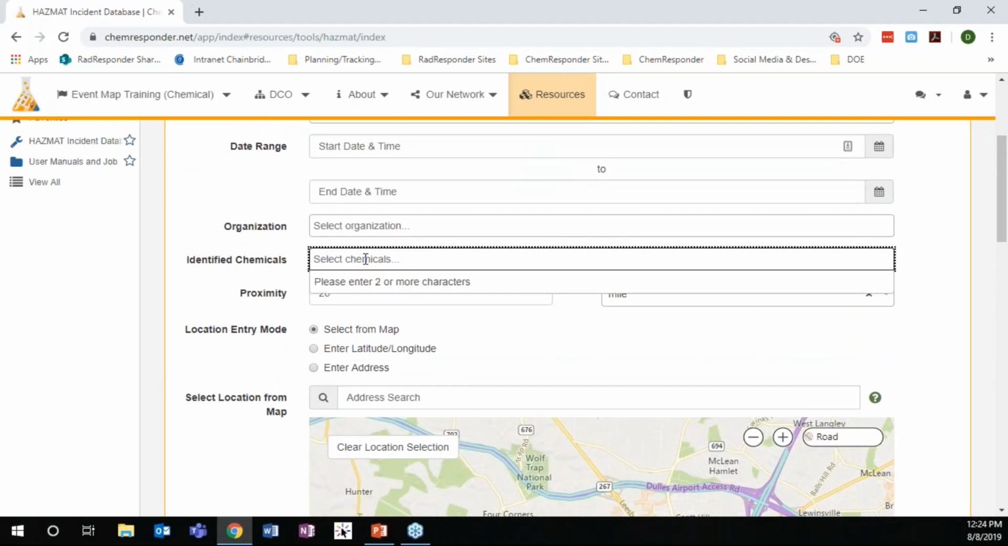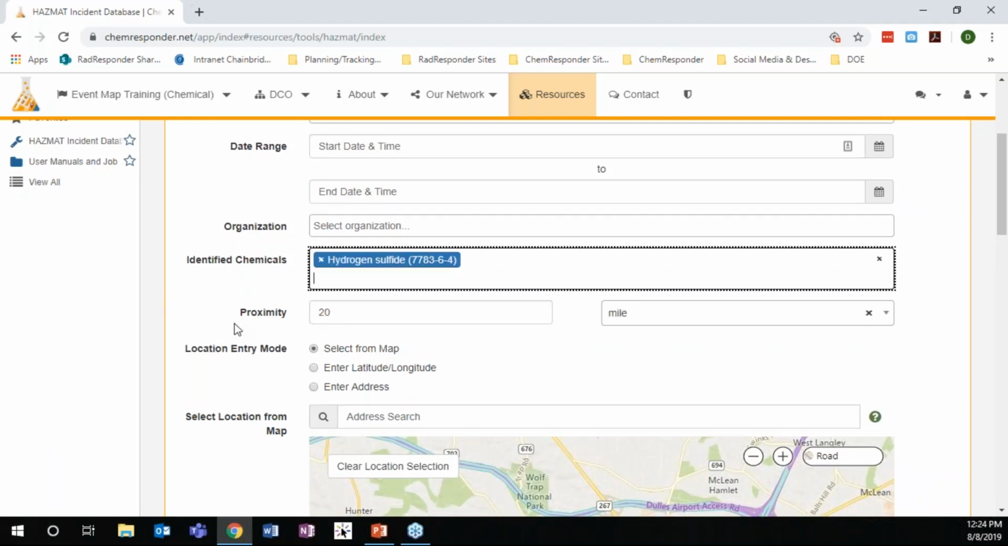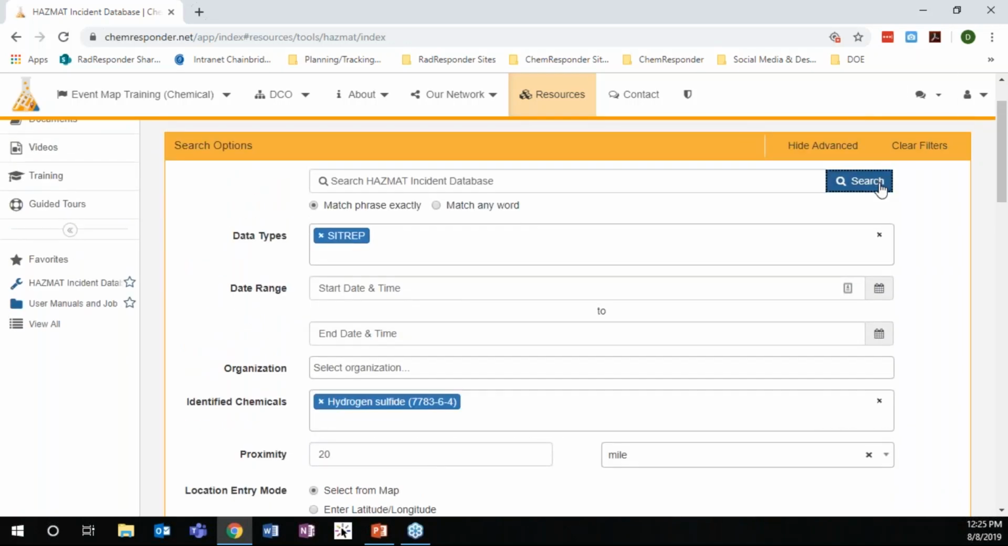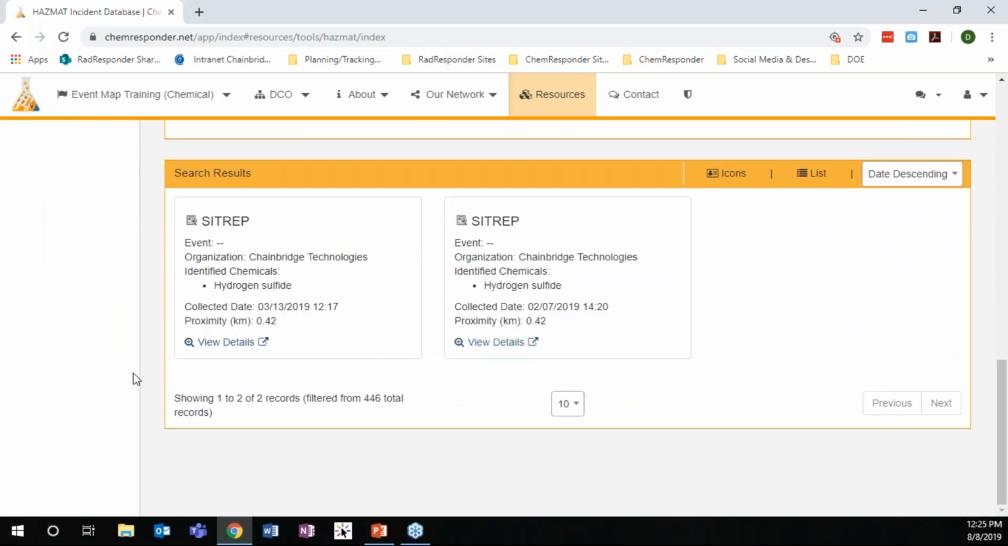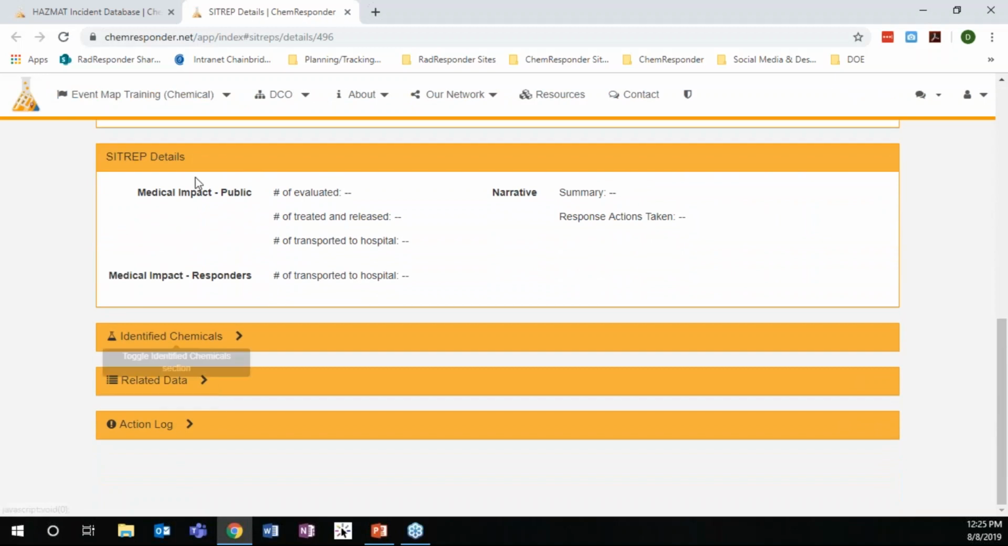I'm specifically interested in sit reps with hydrogen sulfide. So I'm going to enter that as an identified chemical. I'm going to execute the search again. And so now it's showing me just two of all of my records have hydrogen sulfide on them as an identified chemical. So now I know, within that 20-mile proximity, I've got two sit reps with hydrogen sulfide, so I can go in and view the details for these sit reps, look back at what response information was